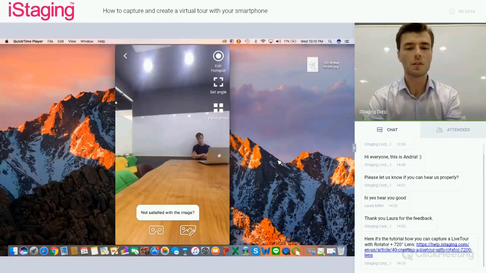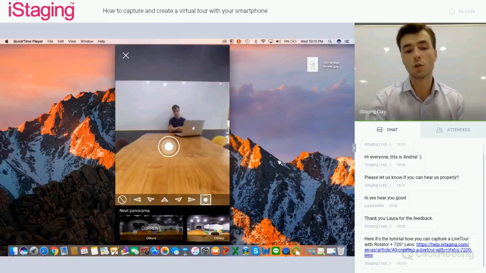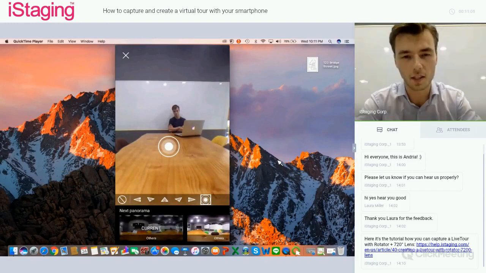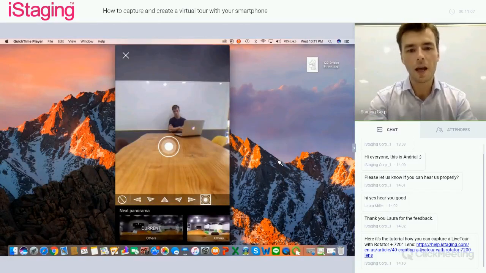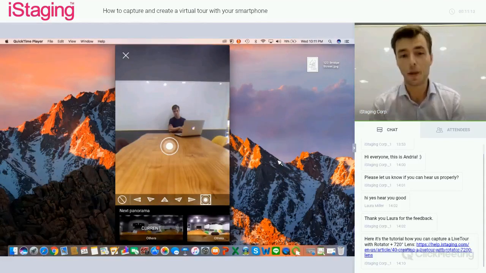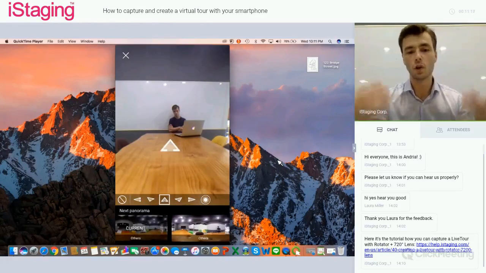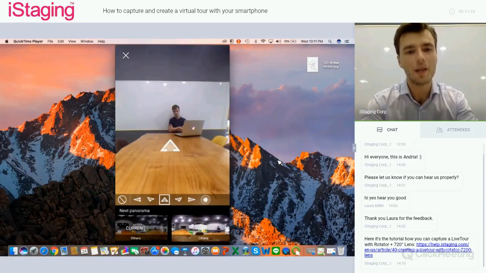Okay? Now the standard hotspot is a circle, but it could also be an arrow, or you can customize that hotspot in the editor. So in this case, I think I'm choosing an arrow. And what's important now is that you then choose the destination panorama. That's basically the pano that you want to walk to, that you want to go to. So you choose that panorama, and all you need to do is click Done in the top right corner,